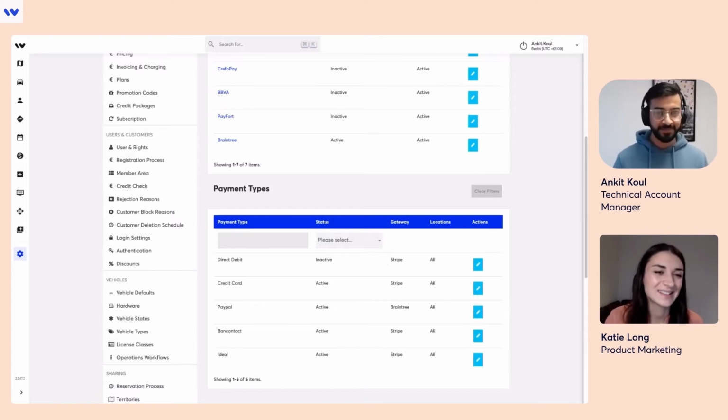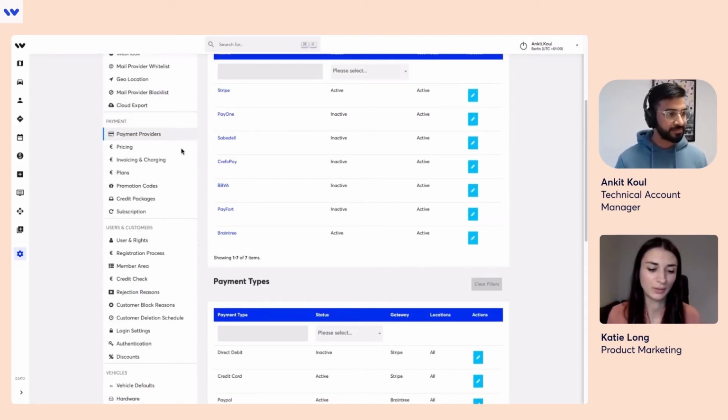Yeah, fantastic. So if we move away from how the end user pays for their trip, we can also talk about the pricing models. Every operator has their own kind of business model and their own way of billing, whether it's per minute, per kilometer, and so on. And so it's important for an operator that this is customizable. Could you talk us a little bit through the pricing in our Wunder software and give a few examples of what an operator could set up in terms of the pricing models?